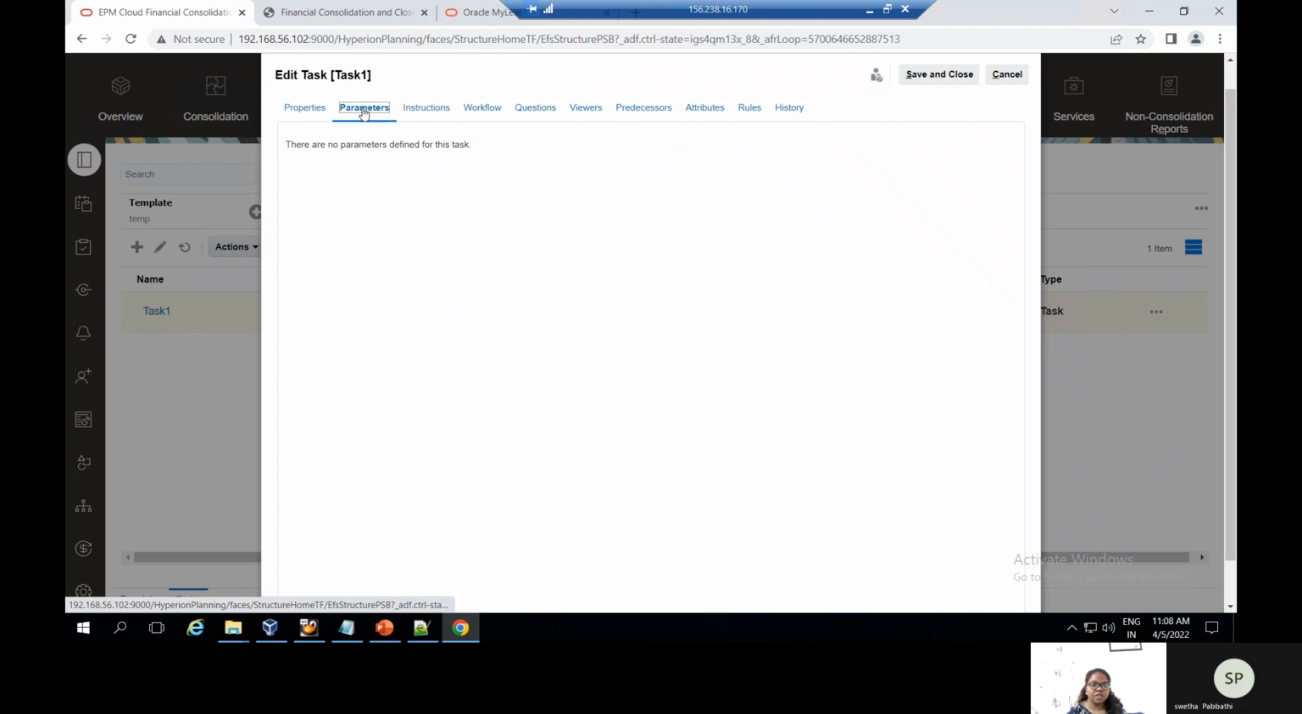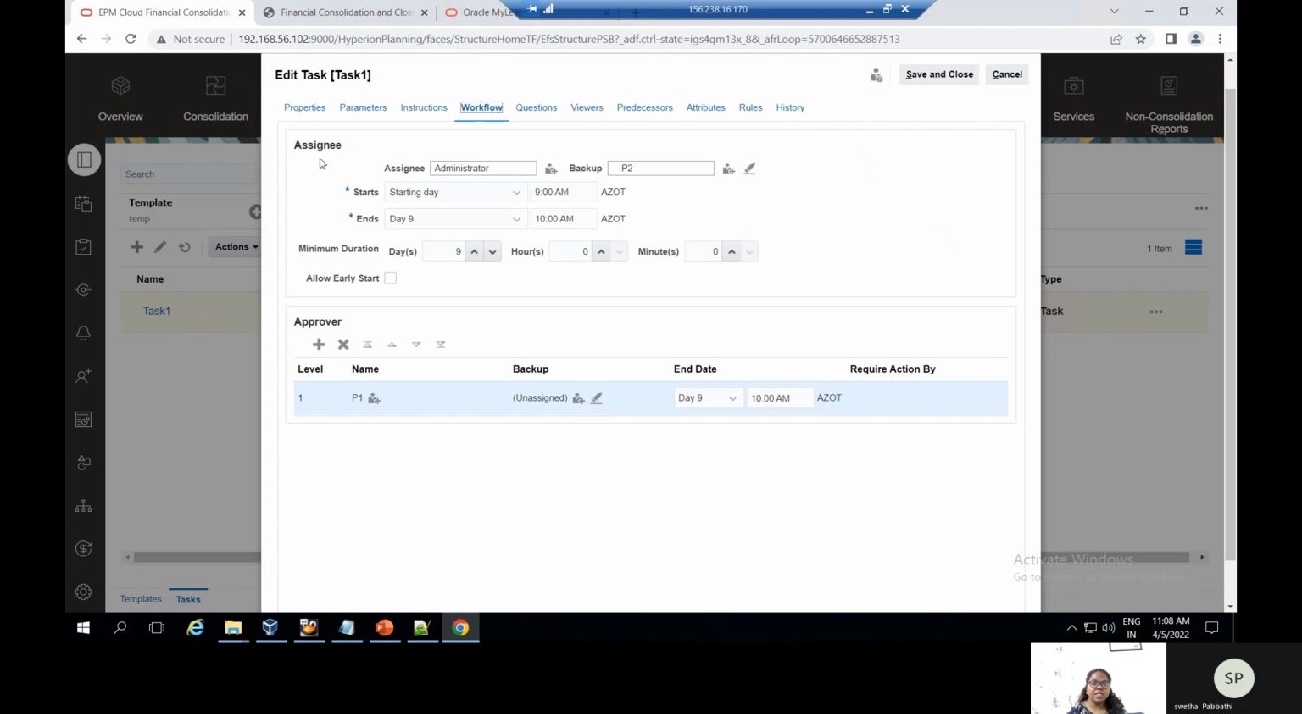We'll check this and go to the parameters. If any parameters are required, we can define them here, and the instructions are the same as we have seen in the template. And here we go to the workflow, and in the workflow we'll assign the assignee and the backup if we want to, and the start day with the starting day and the time zone, and the ending day with the time zone. Minimum days we can give to work on this